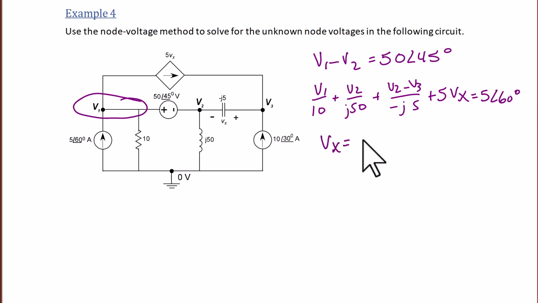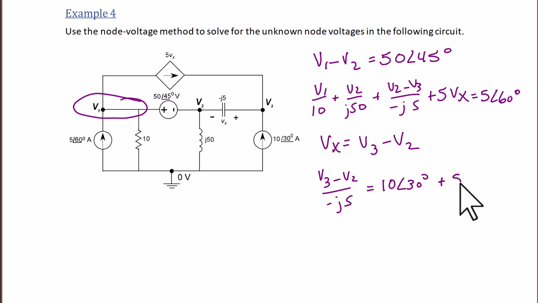And next we're going to have a constraint equation, Vx equals V3 minus V2, for the dependent source. And then we're going to have a KCL equation at V3, which is (V3 minus V2) over negative j5 equals 10 angle 30 degrees plus 5Vx. So then we use our calculator to solve the simultaneous system of equations, and we get that V1 is equal